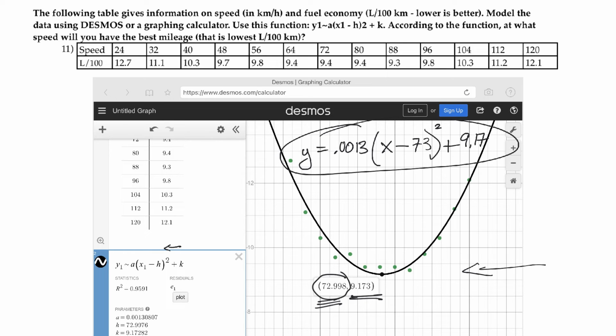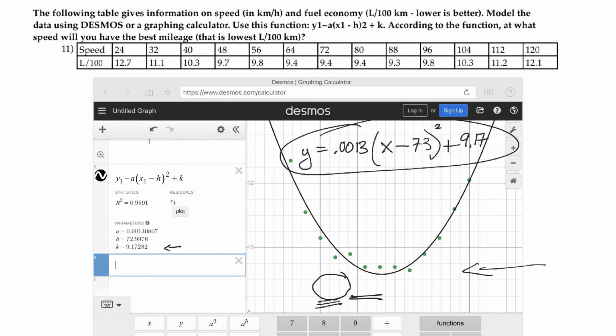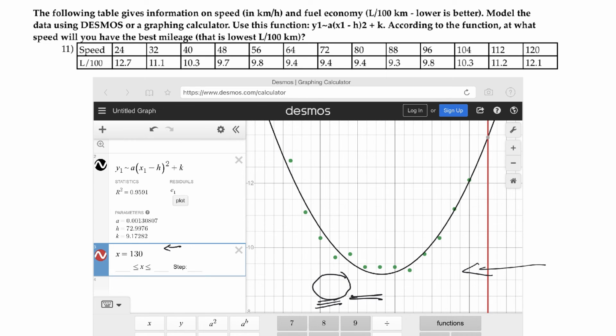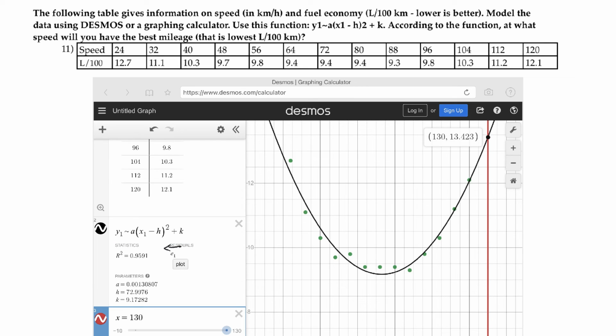And so what I can do is 130 would be an x value. So in here, I could type x equals 130. Now I get a line over there, and let me get rid of some of the writing I did there. Okay, so at that point where the red line crosses my parabola, I can tap there. So if I travel 130 kilometers an hour, my gas mileage is going to be 13. Another question I could ask is I could say, well,